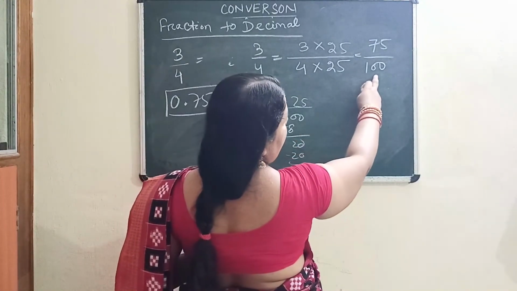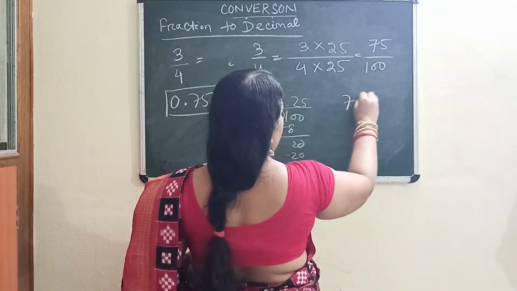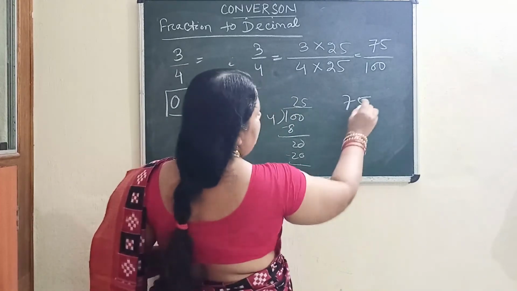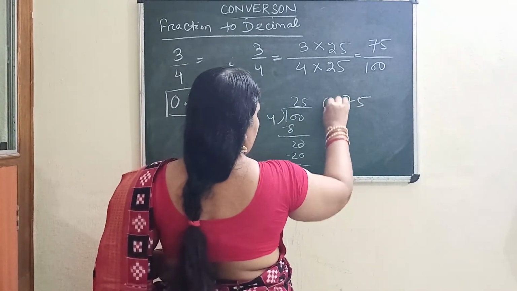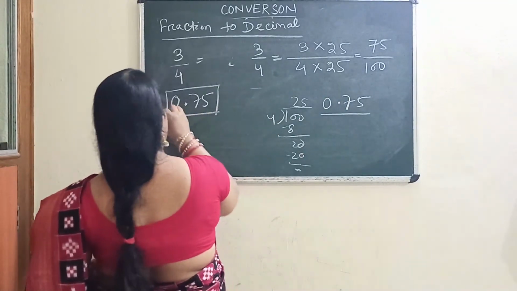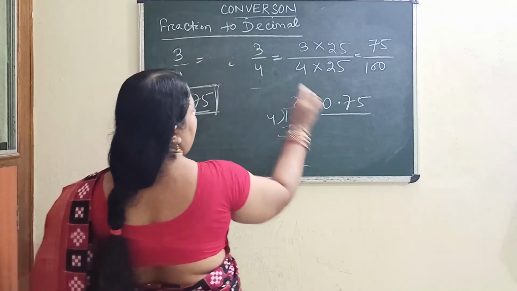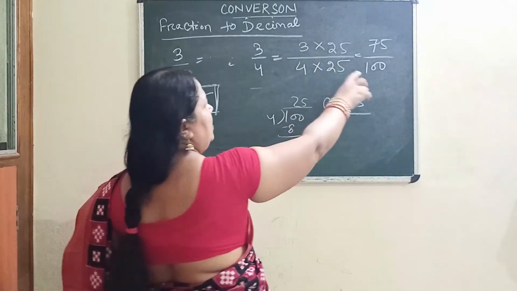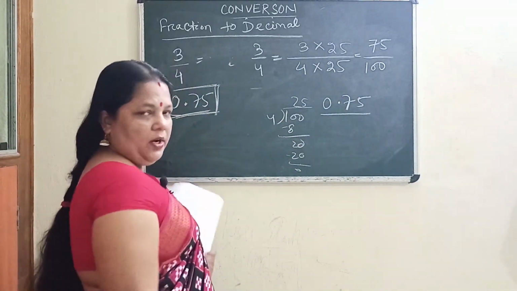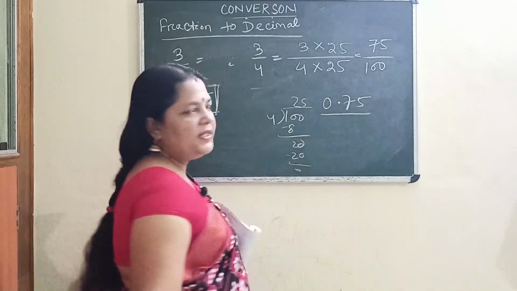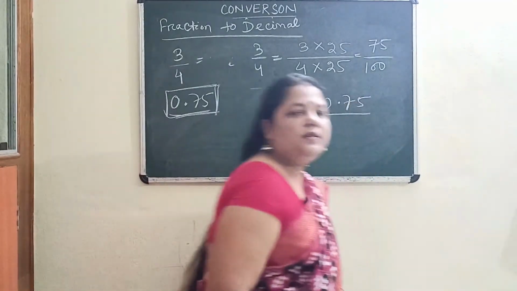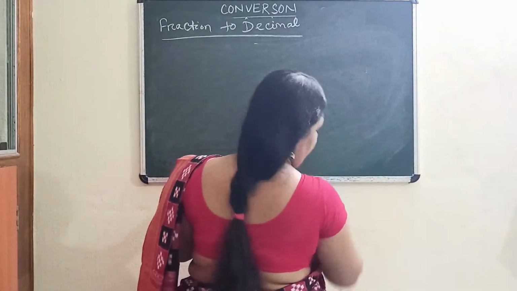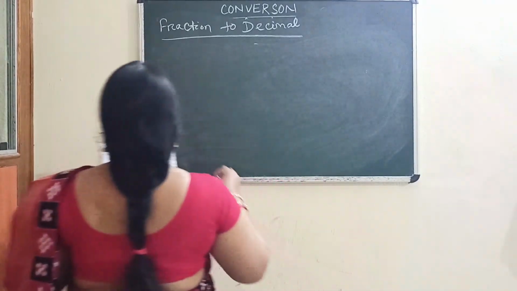And you got here the form of fraction. So what you will do? Write the numerator number simply, and how many zeros in the denominator? 2 zeros. So leaving 2 places, put the decimal point, it's coming again 0.75, having the same value. So this is one process, this is also another process. You can divide here, or you can convert the denominator into 100 and you will get 0.75. So both the processes, children, we have discussed, and you have to follow this to get the value when we are converting fraction to decimal.